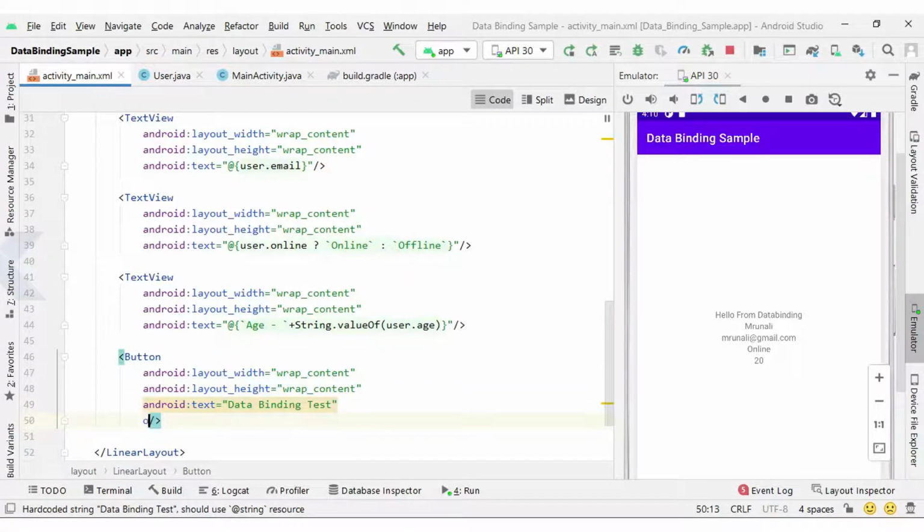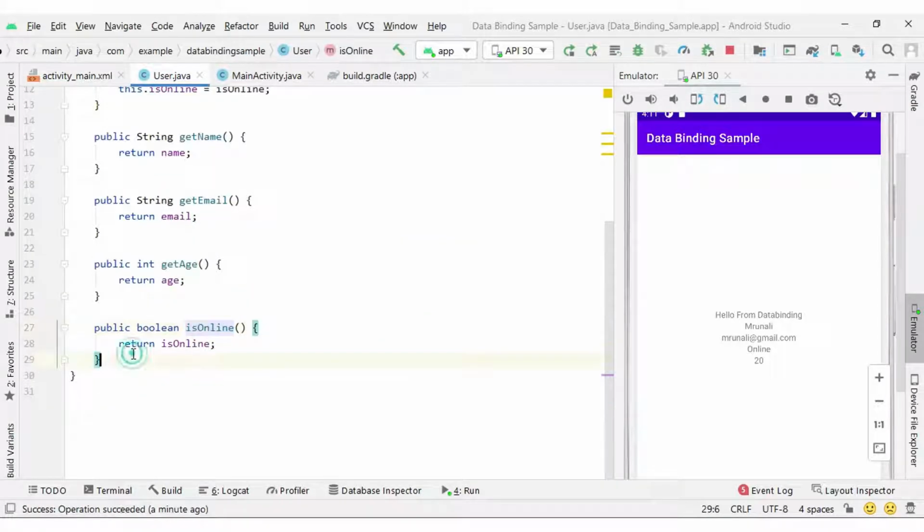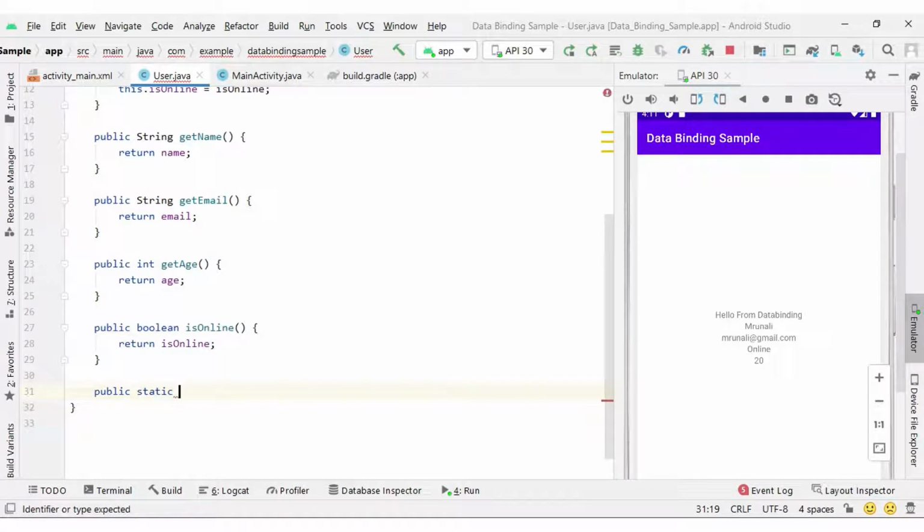You can write something like onClick, and in onClick I can write @{user.clickHandler}, a name I have provided here, and the click handler function I can create here in the Java file: public void clickHandler.